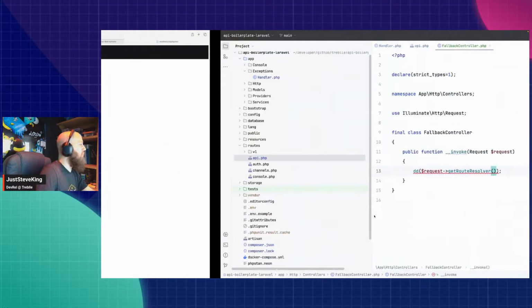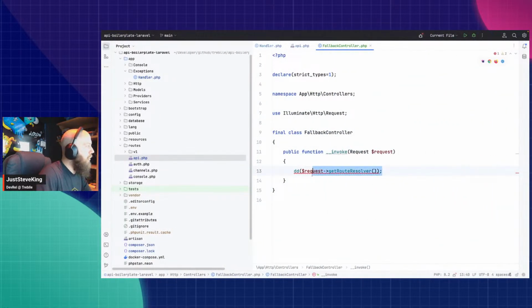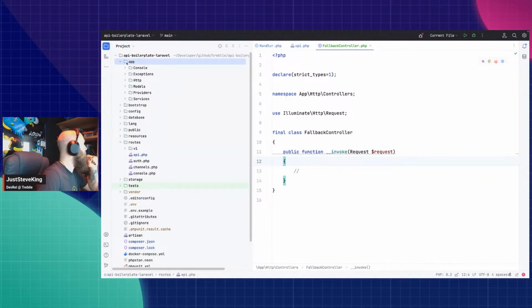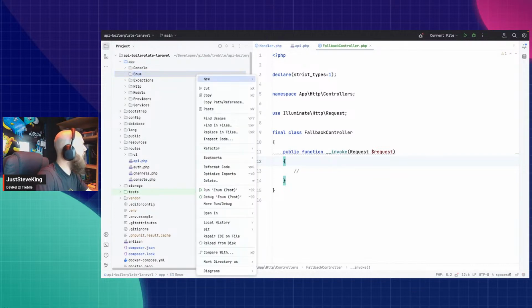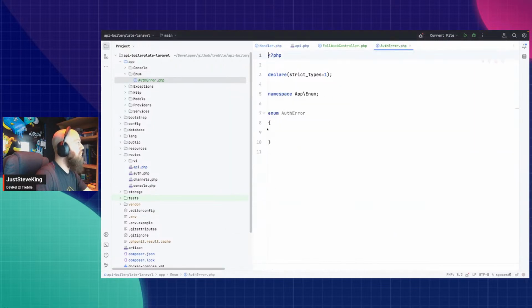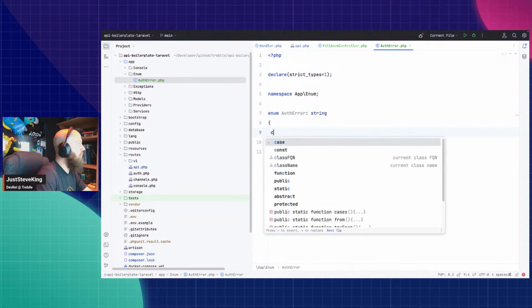Got the root resolver. I'm not sure what I want to do with this yet. I haven't really thought that far ahead, but let's come back to it. What we want to do is create a new enum. An idea that I had here was that we could have an error enum, something like the auth error enum. Going to return a string. So let's say